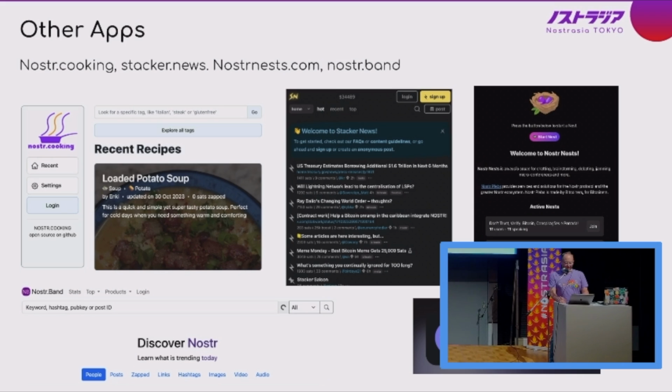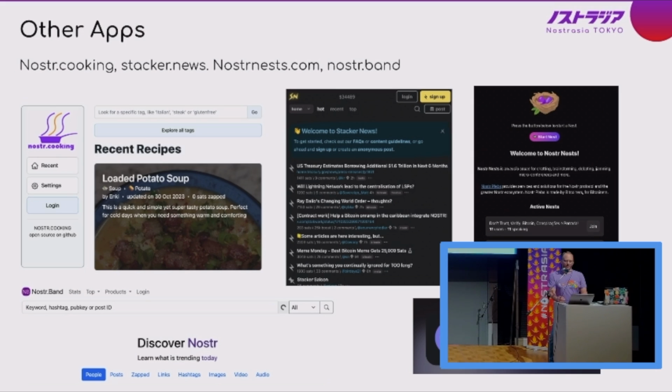So, I mean, there are so many apps, and I figured I'd combine, I'm coming near to the end here. I figured I'd combine a few of the apps, and we can still go through them, but there's a lot of stuff. Nostr Cooking. So if you're into cooking recipes, this is completely focused on cooking. This is completely focused on your recipes. You can upload your recipe, you can upload a related image or images. People can comment on it. It's great, it's not so great. I mean, if you're looking for something unique to cook, jump on Nostr.cooking and find something, right?